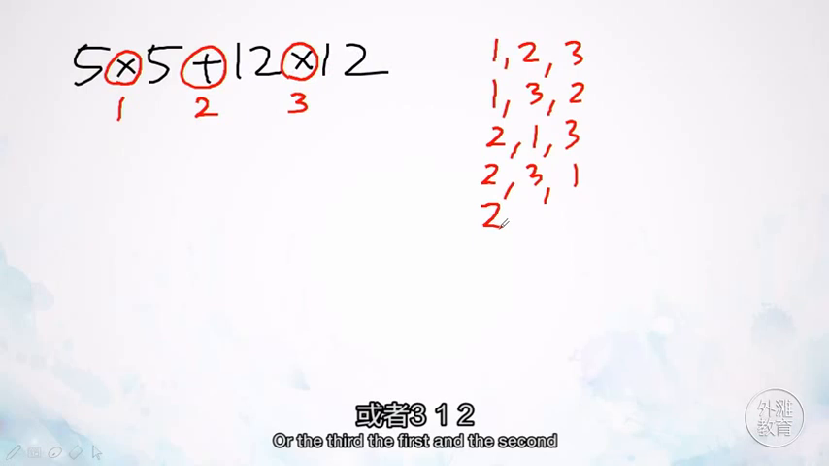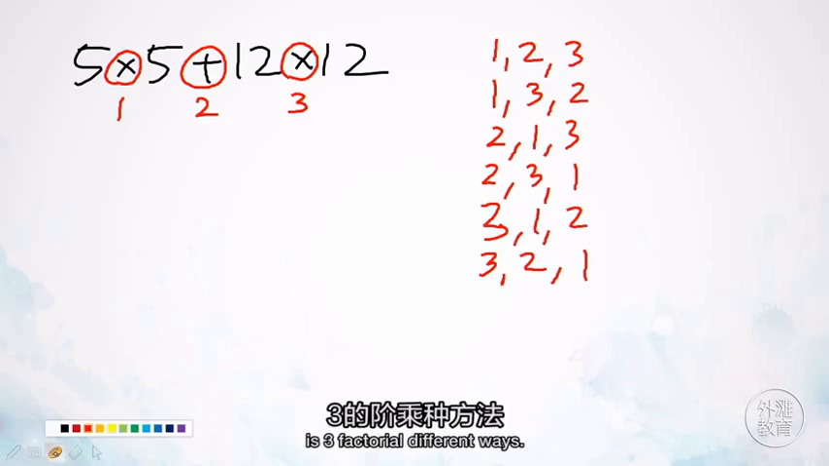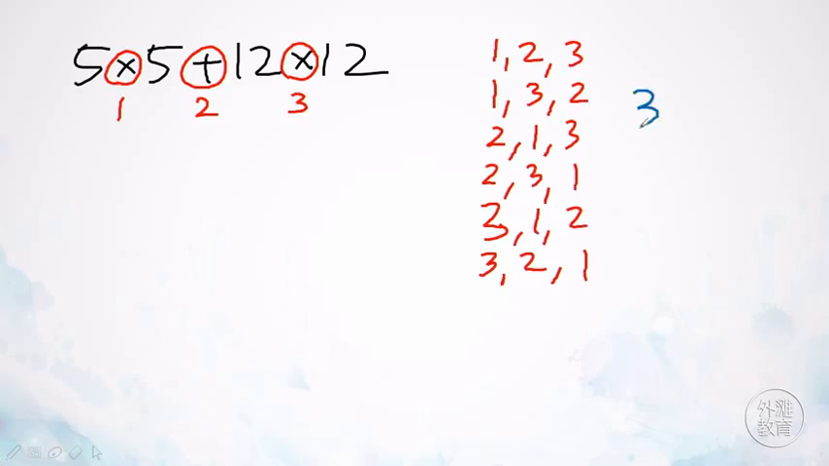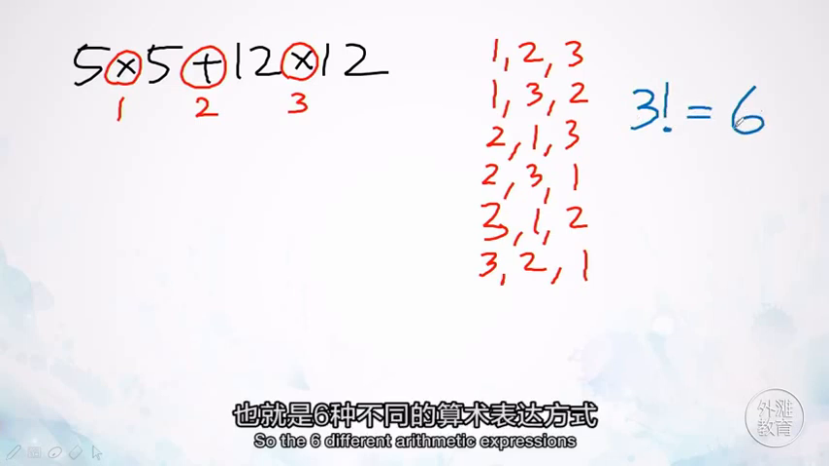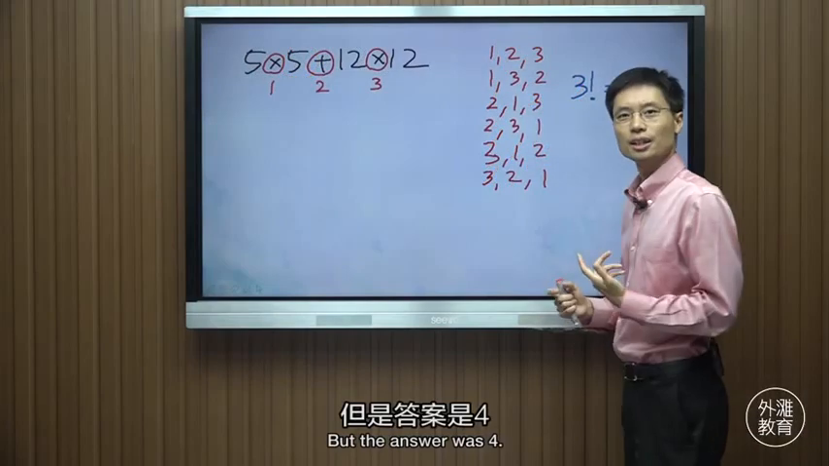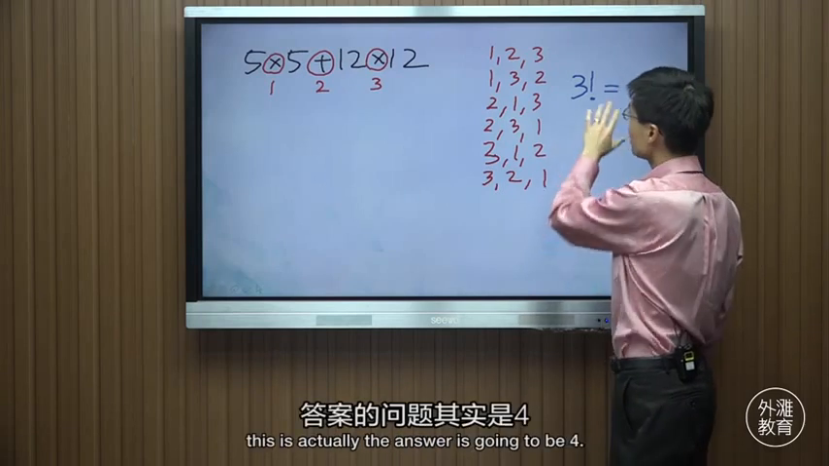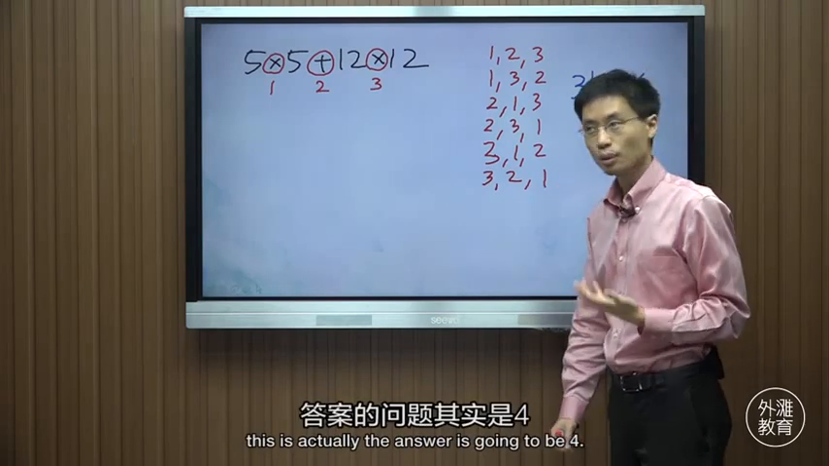Or the third and the first and the second. Or the third, the second, and the first. Of course, what I've just listed out is 3 factorial different ways. And so there are 6 different arithmetic expressions I need to worry about. But the answer was 4. So the way I can see that the answer is going to be 4,